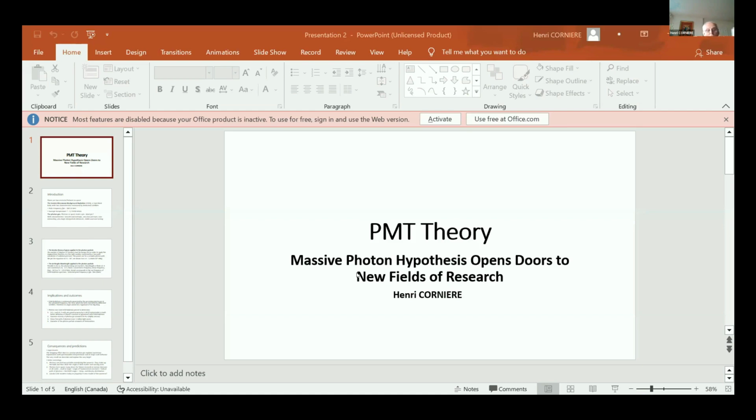The title of this article is PMT theory. It stands for photon mass theory. We can make a photon mass hypothesis,